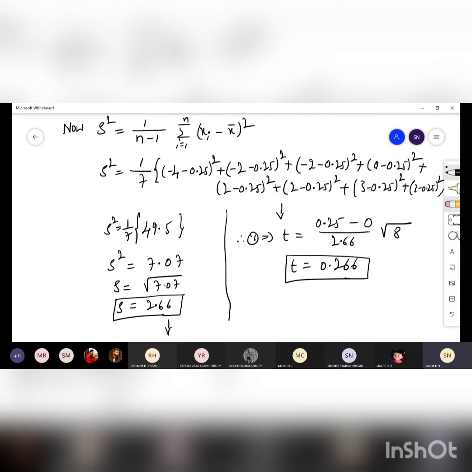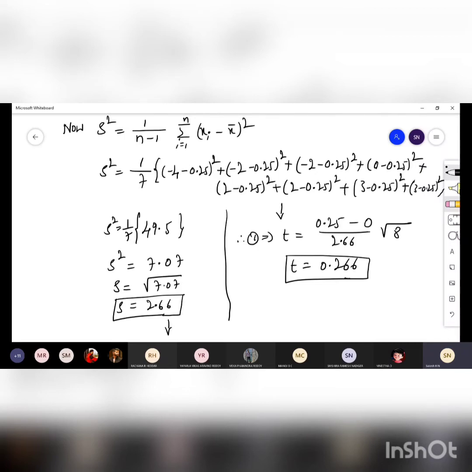Yes, understood the method, my dear students? Understood how to find out the value of t? Understood or no? If anybody needs the explanation for this problem, once again I'll explain, no problem. In the starting, what they gave as numbers, first we should take the formula, then we need to concentrate on the value of mu and n, then we need to find x bar. That formula is summation x divided by n. Then substitute the summation x values, they already gave: -4, -4, -2, -2, 0, 2, 2 and 3 divided by 8, then you will get the x bar value.